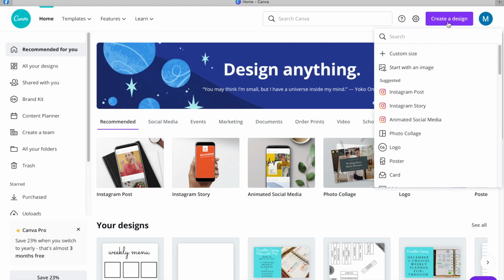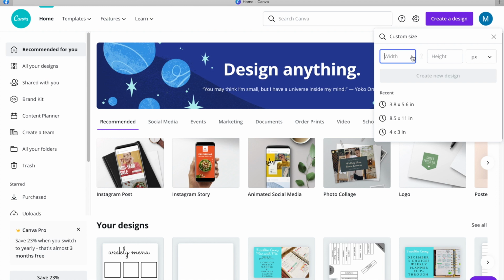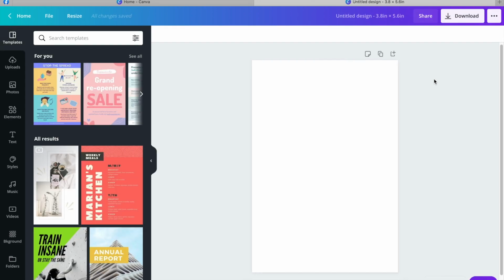Once you're in Canva, you're going to go into Create Design, Custom Design. Here's where you have the width and the height. You want to make sure you change it to inches. Then you're going to type in the width and the height of the Post-it or whatever you're going to be using that you're going to laminate for this particular thing. I have 3.8 by 5.6, the Daiso. Okay, so there's the actual size of your